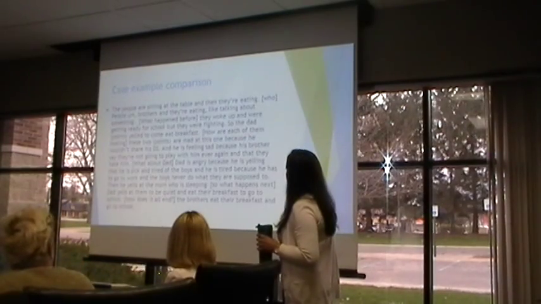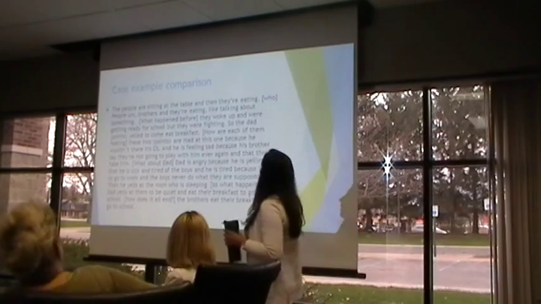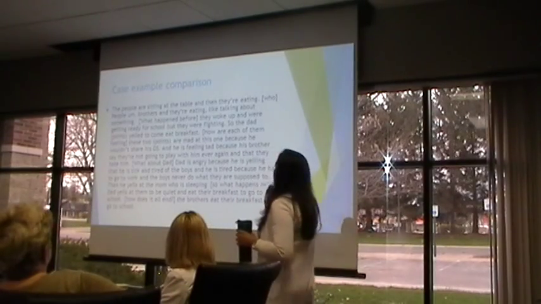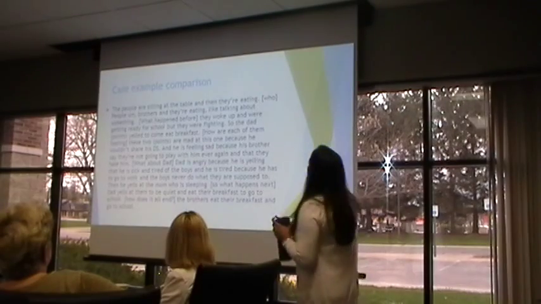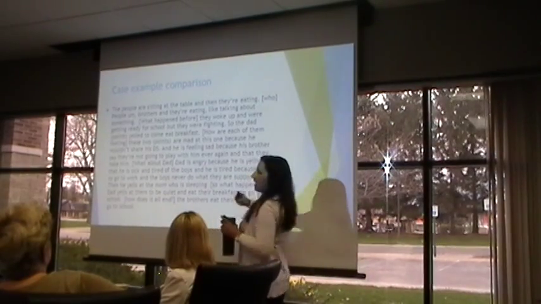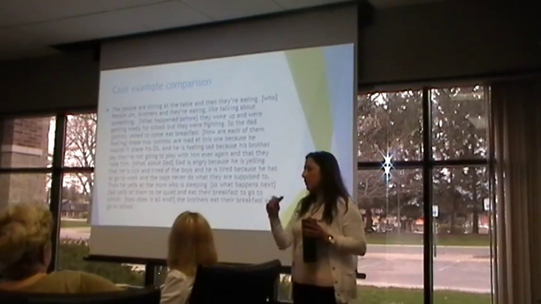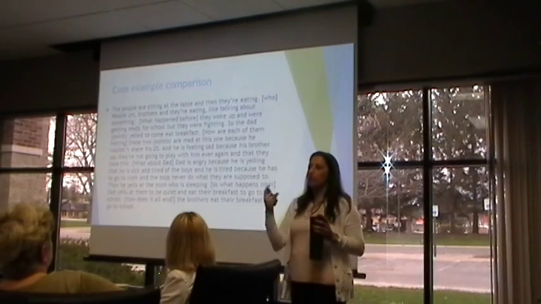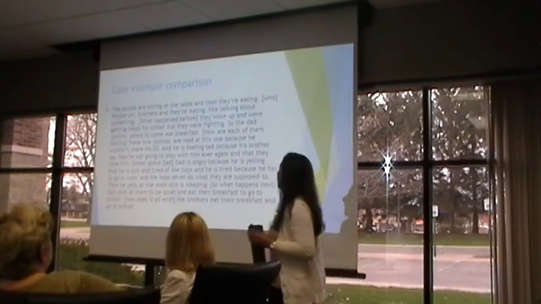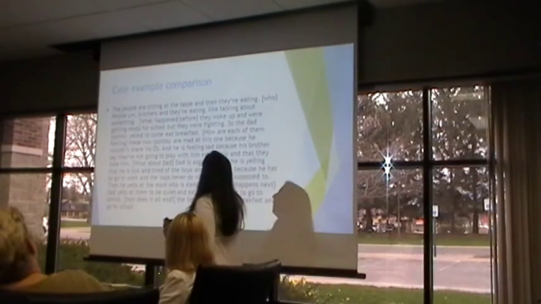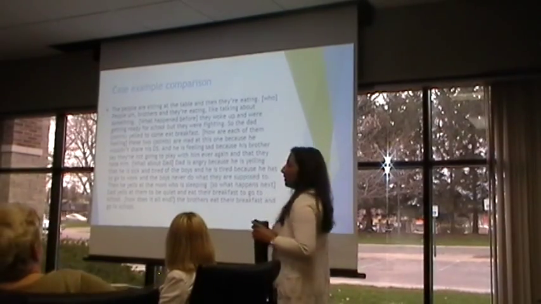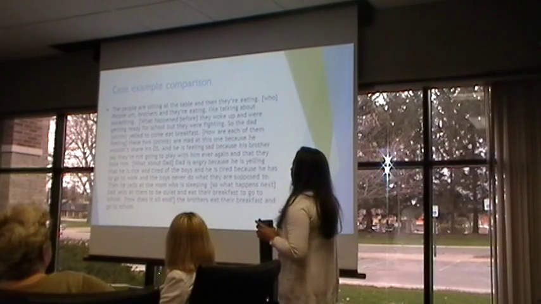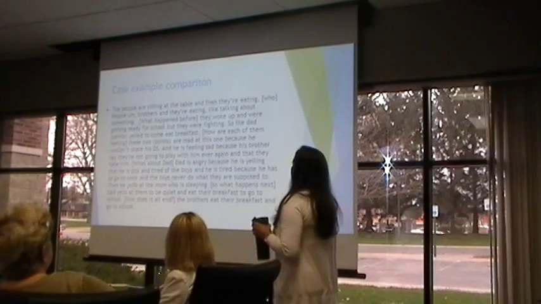And so we'll compare to this, which is from a child that I saw, who was 10. They said the people are sitting at the table and then they're eating. The boxes are questions that I asked, because this is the first card, so for the first two cards you help them make sure they're identifying who, what, and how does it end. People are brothers, and they're eating, talking about something, so I asked what happened before. They woke up and were getting ready for school, but they were fighting, so the dad, pointing, yelled to come eat breakfast.